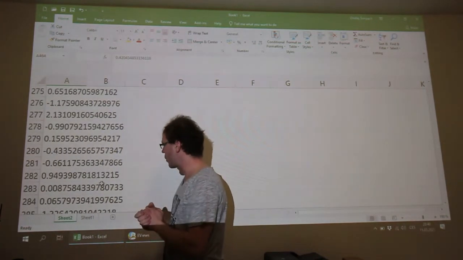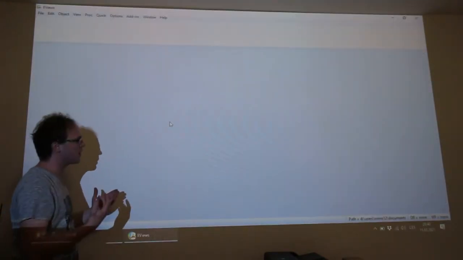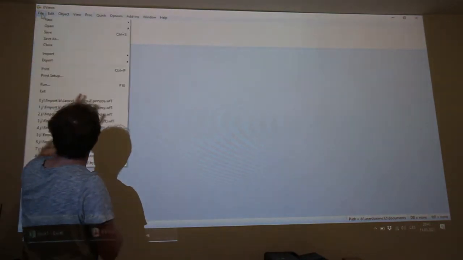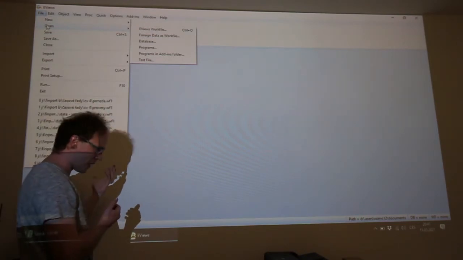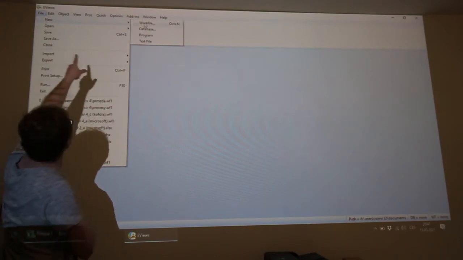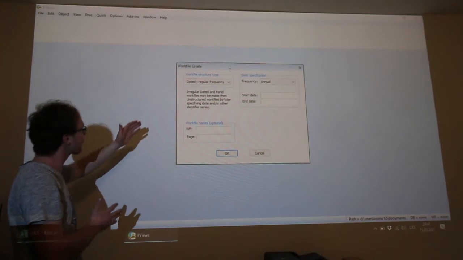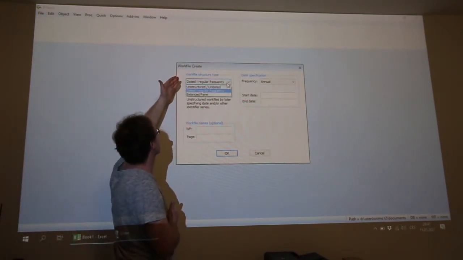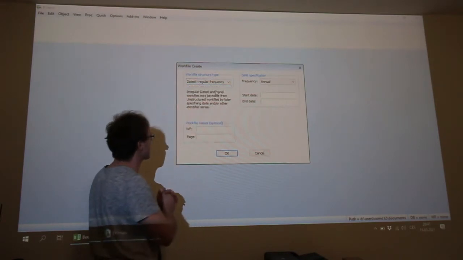So now we can open EViews. In EViews software we will click on File button, and we will select New, because we need to create a new workfile. So we will find here new workfile. Okay, we must set workfile structure type. So it will be dated, regular frequency.